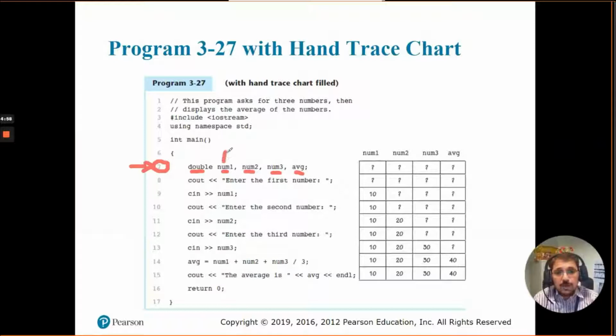Here we have four variables, so this table has four columns. When the compiler reaches line number 7, these variables will be created.